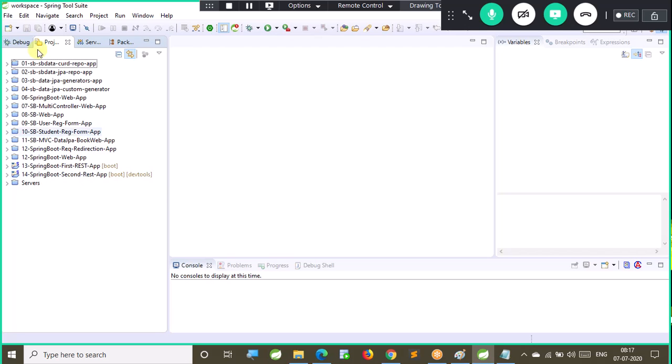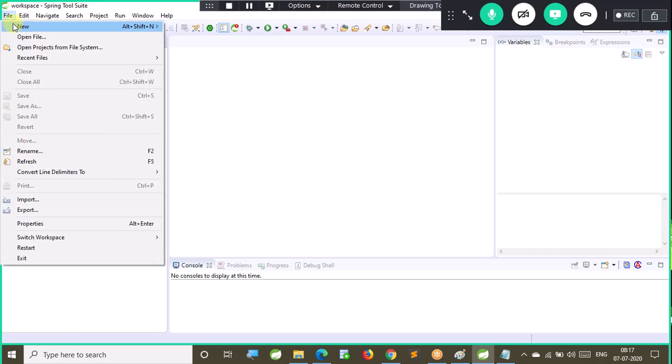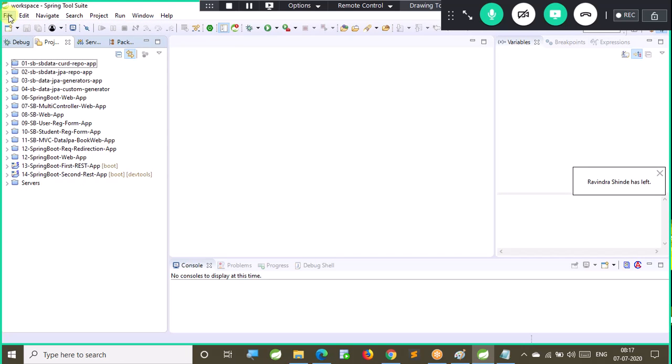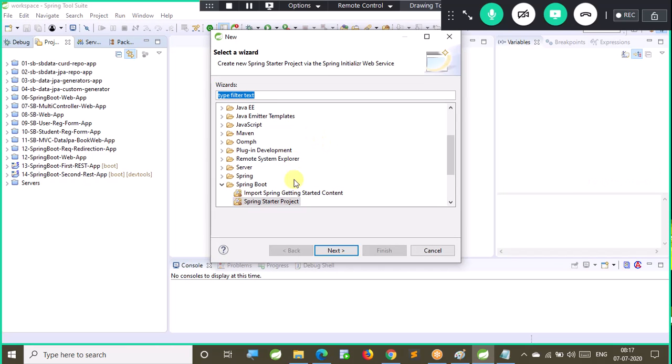Now I'm going to create a project to perform REST development, using Spring Starter. I'm going to create a Spring Boot application now. File, new, other, Spring Starter project. Click on next.